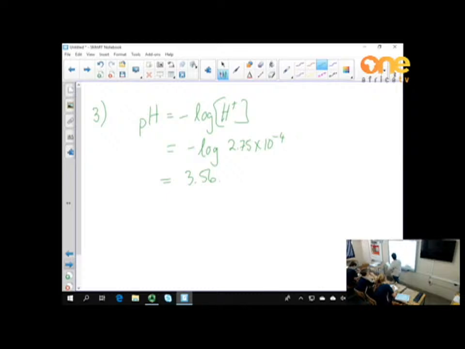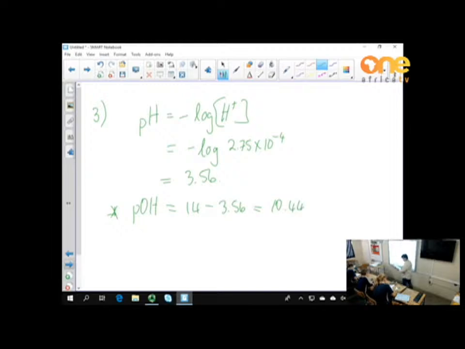Okay. So the pOH, now this is technically not really part of your syllabus, but I've put it in because it's got to do with the manipulation, if they give you a base without the hydrogen ion concentration, so that you can get to it. It's like a little bit of extension. So the pOH is going to be 14 minus 3.56, which would give you